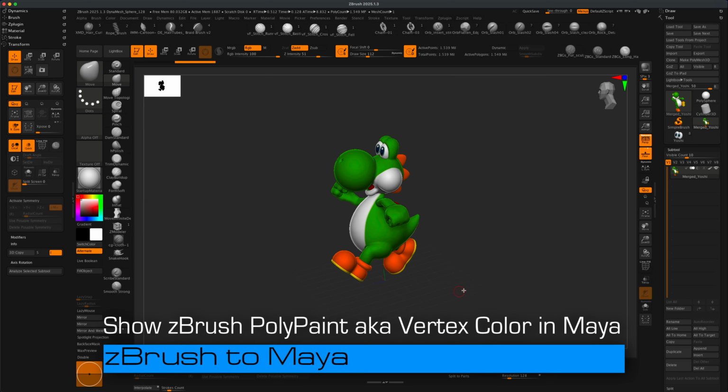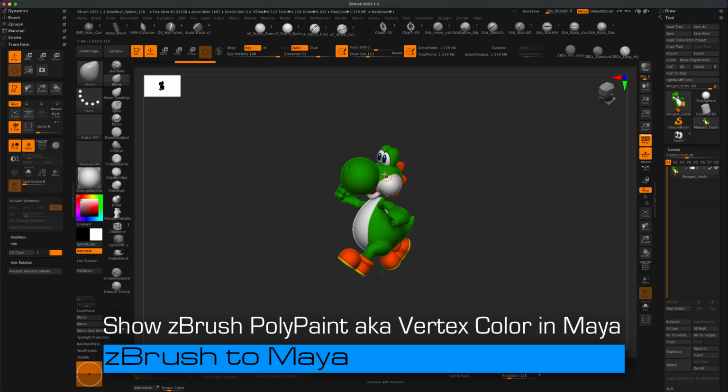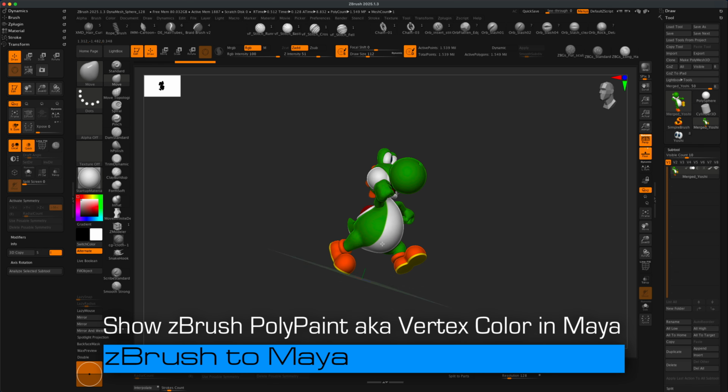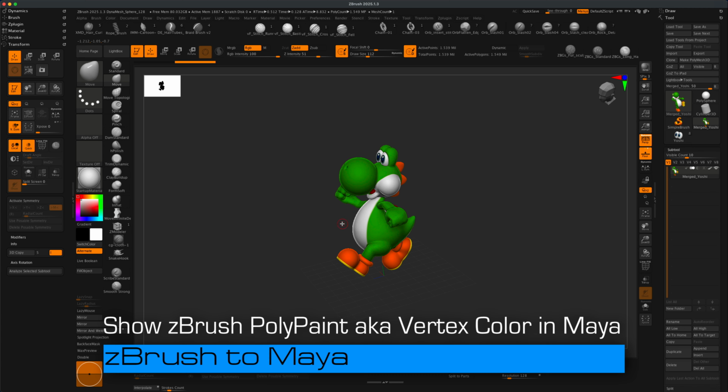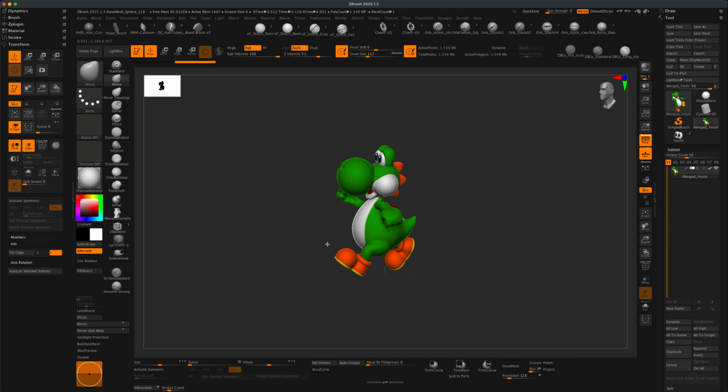In this video, I just want to do a short little experiment. So my experiment is, I just made this cartoon character, Yoshi, obviously from Mario Brothers. If you want to see the step-by-step tutorial on how he was made, there's going to be a link below this video. But in this experiment, what I want to do is take this character right here,